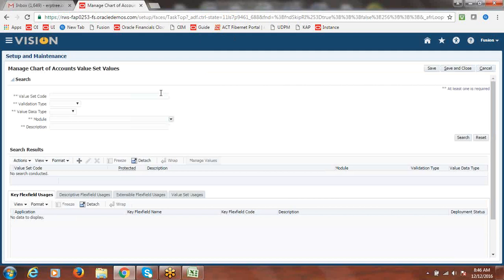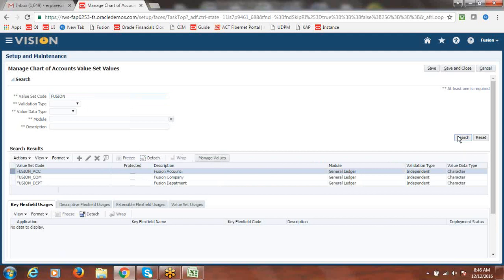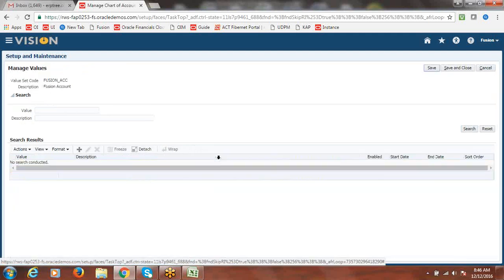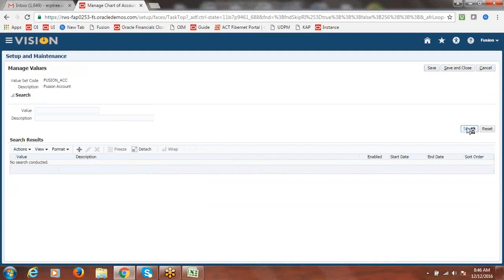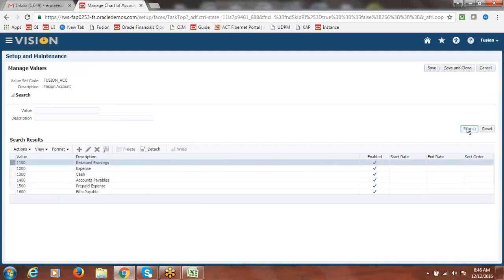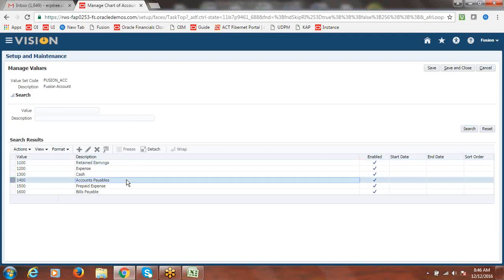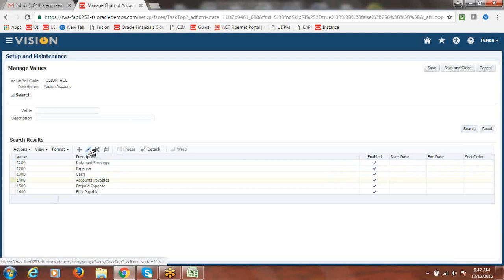Go to Fusion account value set. Go to manage values. Search, and you can find all the values. For payables, the control account which you are using is accounts payable. Select this accounts payable account, then click on edit.